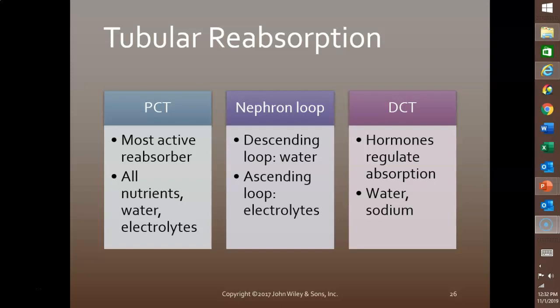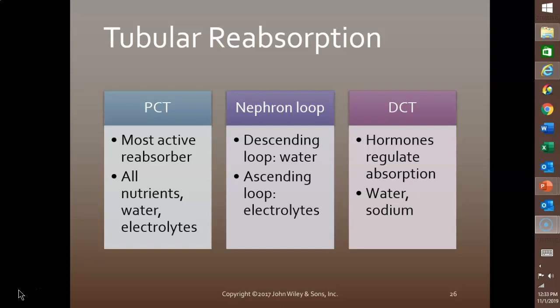So in this segment of the tubule, the cell membranes are pretty much impermeable to water, so water can't pass, but ions can. So ions are going to continue to be absorbed as that filtrate passes through the ascending loop. So the osmolarity of the tubular fluid decreases because ions are leaving and being resorbed. So the osmolarity is decreasing as the fluid flows toward the end of the ascending limb into the distal convoluted